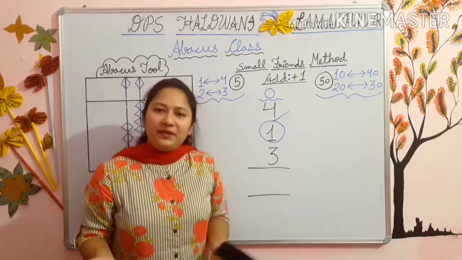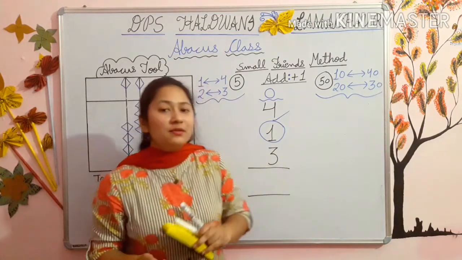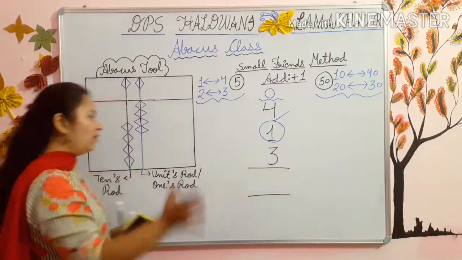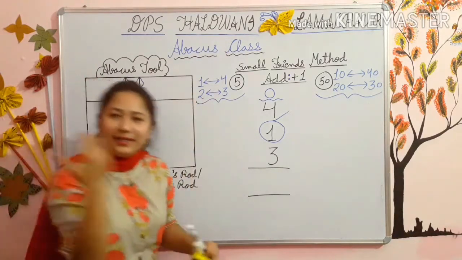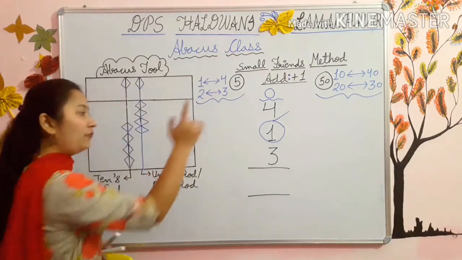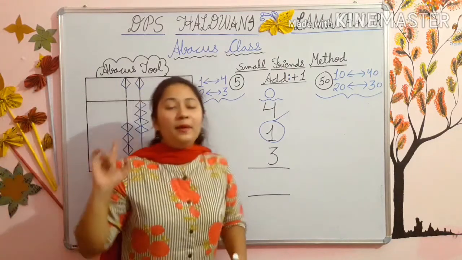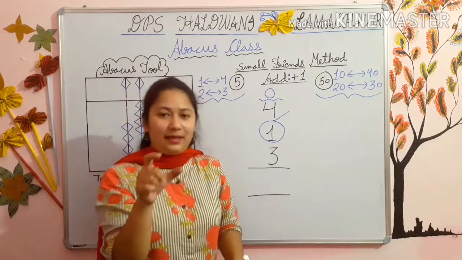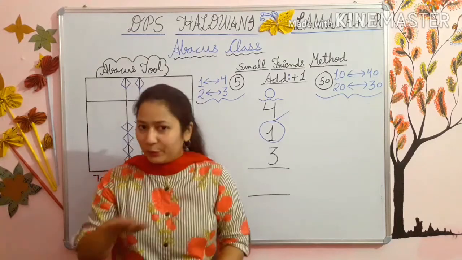Yes students, previously whatever sums you have done from the PDFs in your abacus notebooks, they are all simple sums. Simple means you will always have the beads here. But today's sum is somewhat different. They are addition, but they are different. Different means that you have to add a number but the bead will not be there. So in this case it means that whenever you have to add the bead and the bead will not be there.